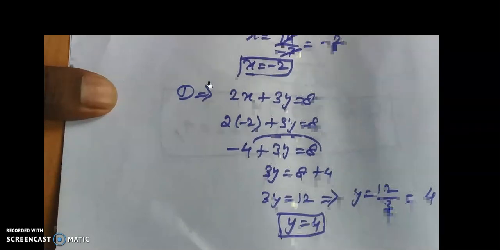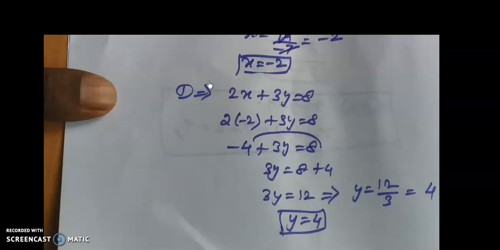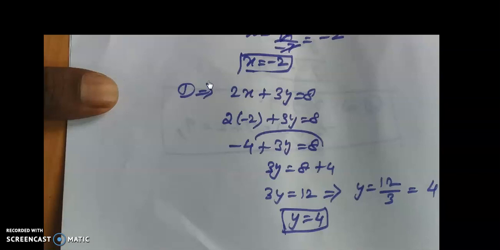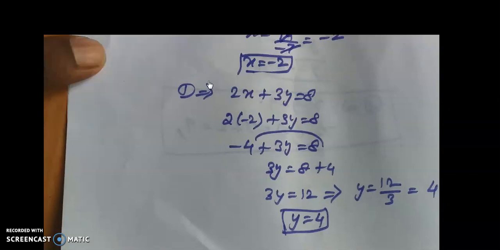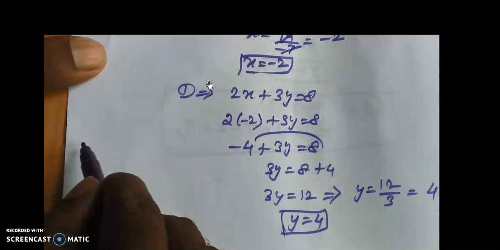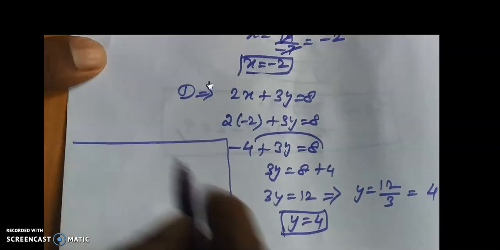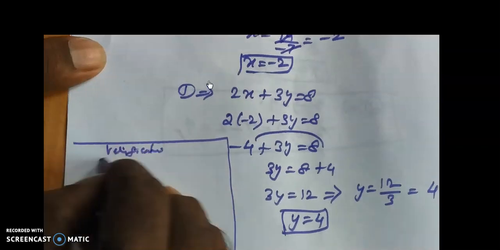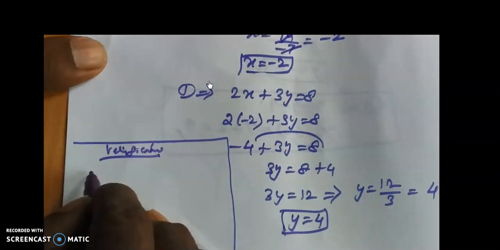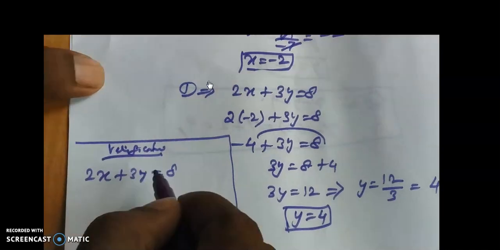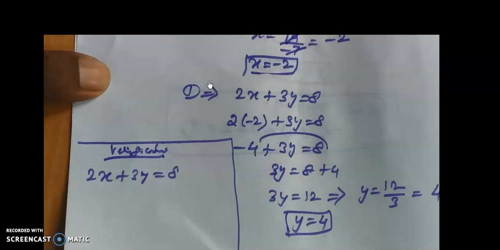If you want to verify whether this answer is right or wrong, it is enough to substitute and check whether it is balanced or not in any one of the equations. Okay, now I'm going to take any one of the equations, for verification alone. So for verification, I'm going to take equation number 1, that is 2x plus 3y equal to 8. Now check whether it balanced or not by substituting x equal to minus 2 and y equal